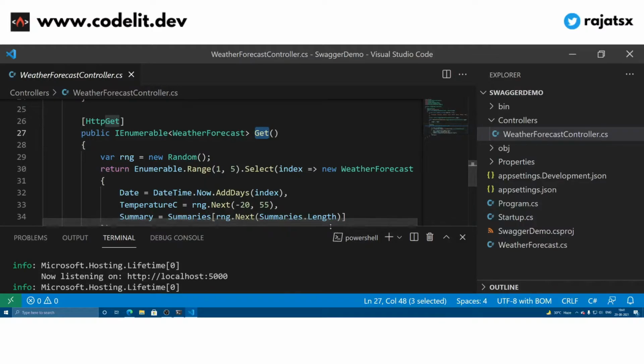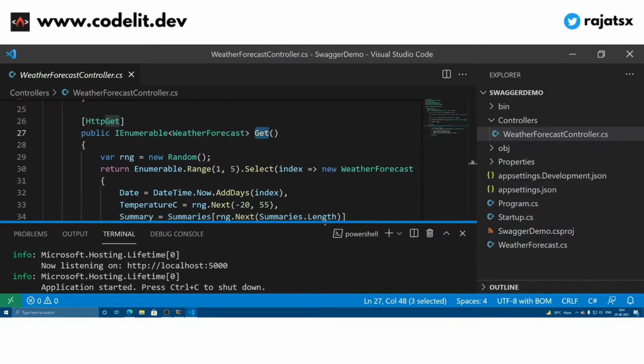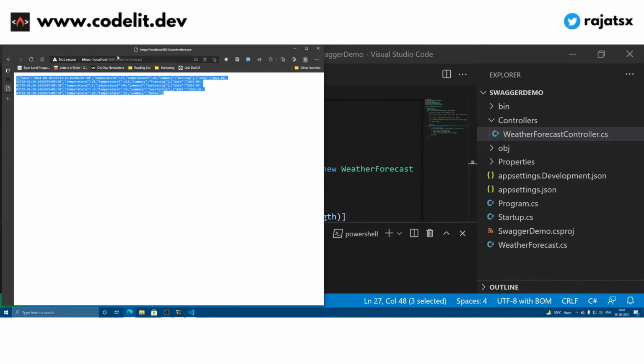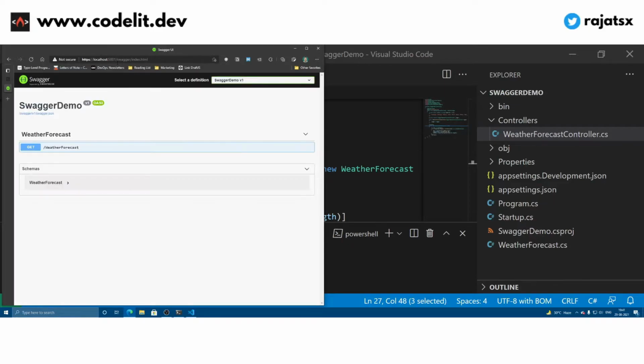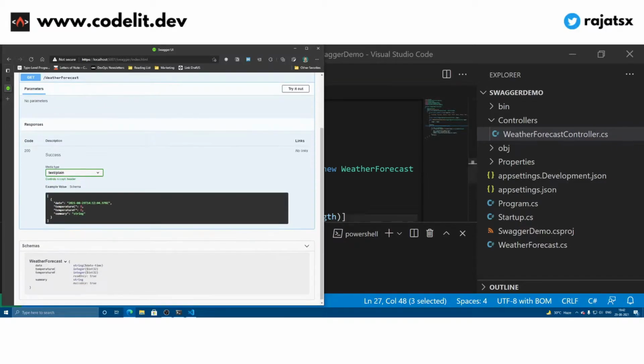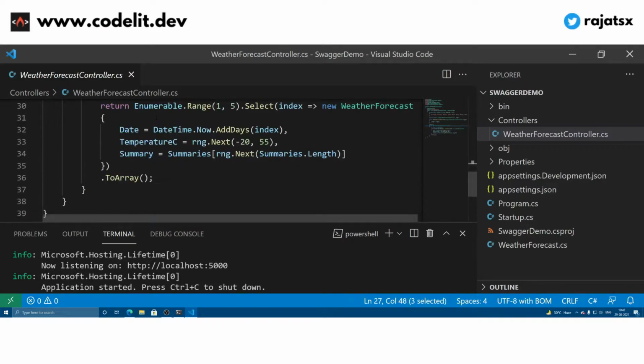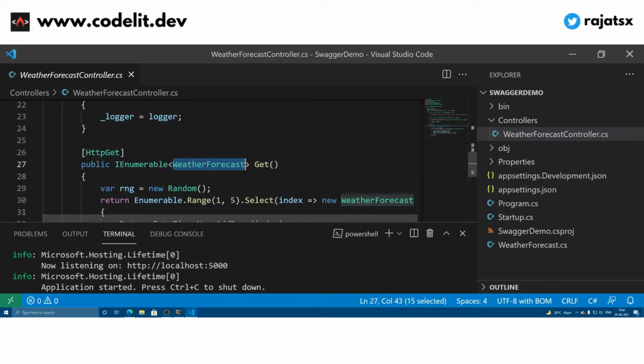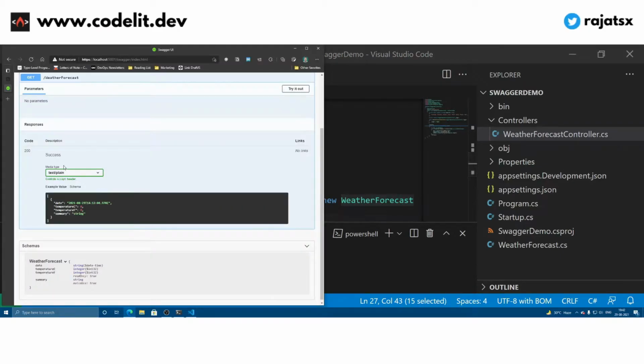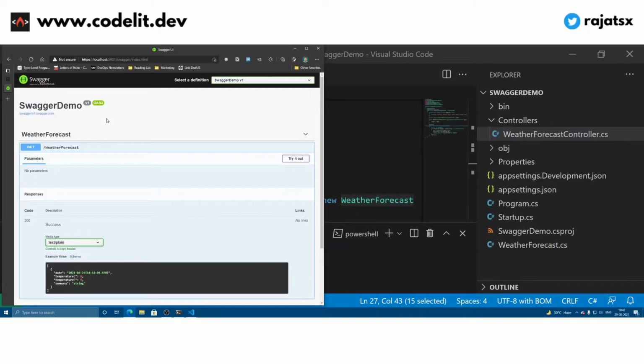We wanted to learn about how to document our API. As we have already discussed, a package known as Swashbuckle has been set up for you from the get-go, so we can readily use that. If we go to Swagger, we will get to see this nice UI where our REST API endpoints will be documented. So we can see the model and the endpoint. This is the endpoint, and it creates the data of type array of weather forecast. This is what you can see over here. So this is the bare bones application that has been created for us.